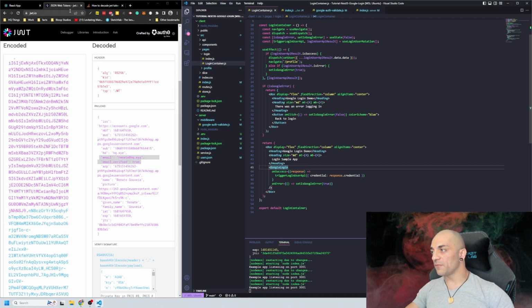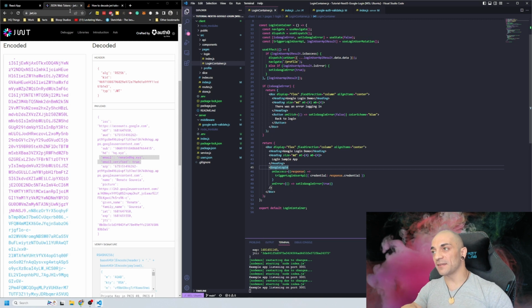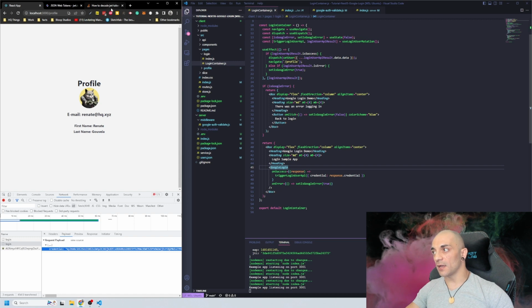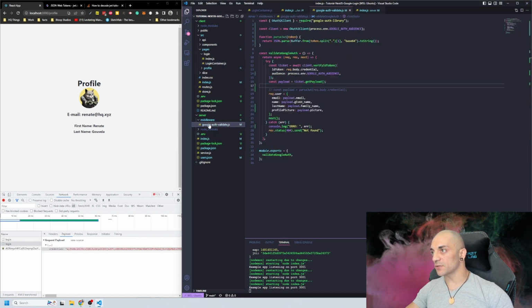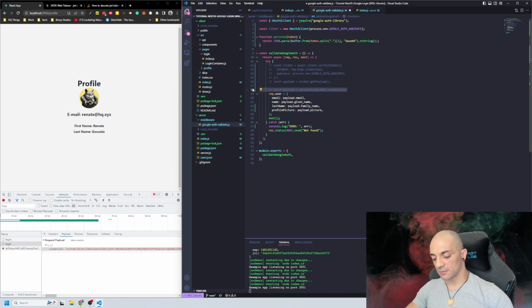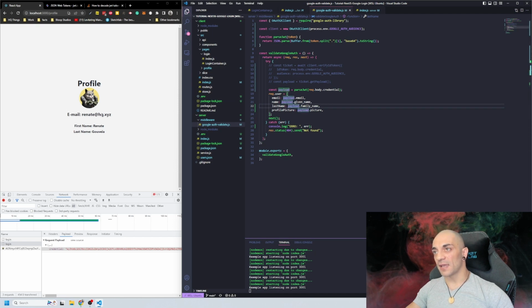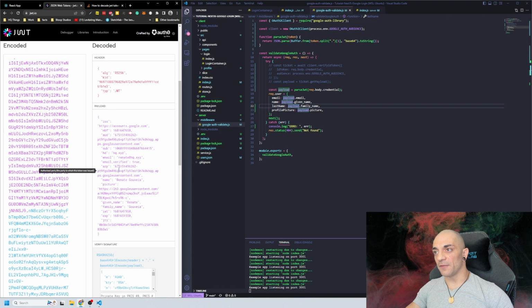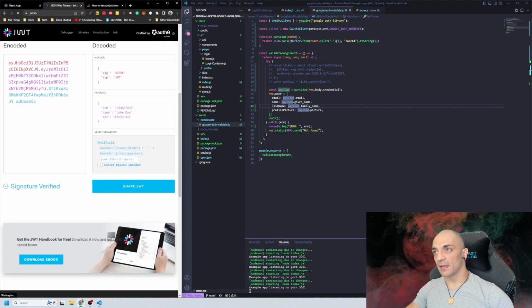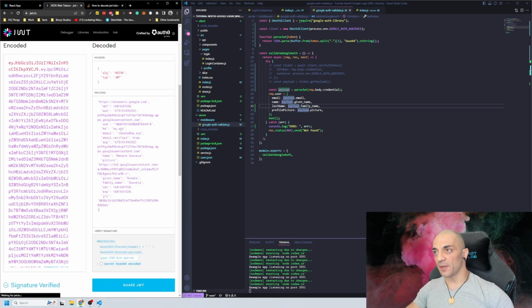So one thing I was mentioning before, I hope I mentioned it before, is that a lot of these tutorials I saw weren't actually validating that this data was in fact from Google. Now what I mean by that is, if we had a malicious user, let me just quickly comment out some stuff. Now you can see we're going to be logging in with this HQ account, but if a user knew the shape of what Google sends, which is very easy to get, and then decide to put in their own information,